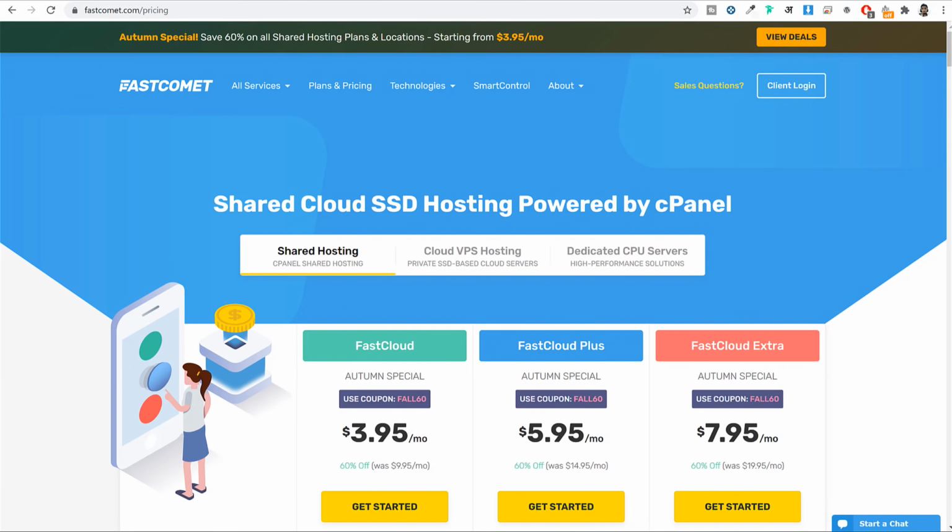So again, you don't even have to type in this thing, simply click on that link and you should be redirected to this page. According to my recent testing, I have tested many different hosting providers: SiteGround, A2 Hosting, Bluehost, TMD Hosting, GoDaddy, HostGator, Fast Comet, all these hosting providers. I have found out that these two hosting providers are really great, SiteGround and Fast Comet. So both the links are given to you in the video description below.